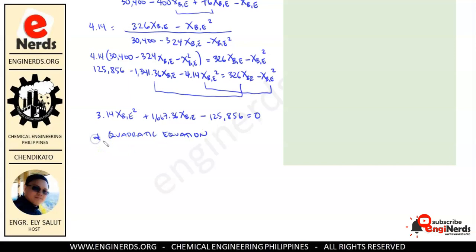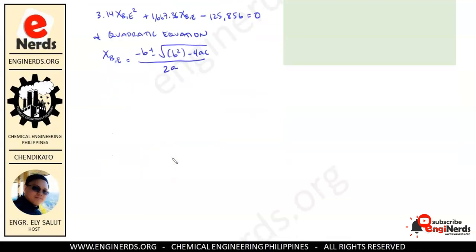Okay? So, solve natin siya by quadratic equation, which means XBE is equal to negative B plus minus the square root of B squared minus 4AC over 2A. So, yan ang ating quadratic equation, no? So, solving for that, we'll have here